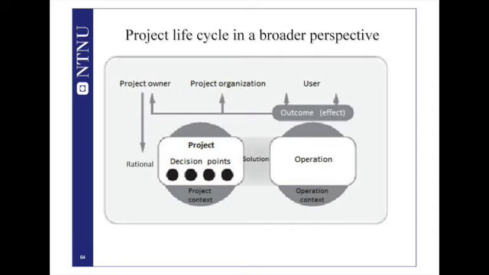Each one of them sees the project from a different perspective. That's why we have three different perspectives of a project life cycle. The project owner has concerns, has a rationale, has a problem they want to address. Then, based on a discussion and an evaluation, they define a solution. They think that this solution will solve the rationale. This is simply the project owner perspective.